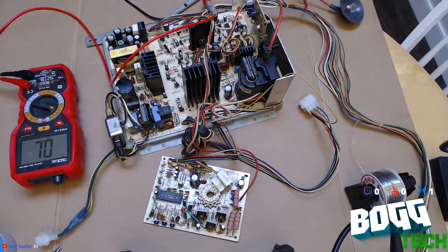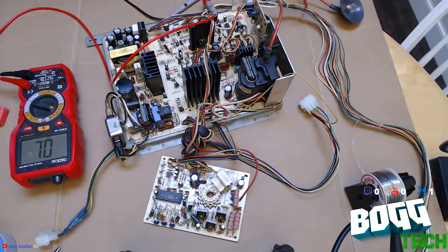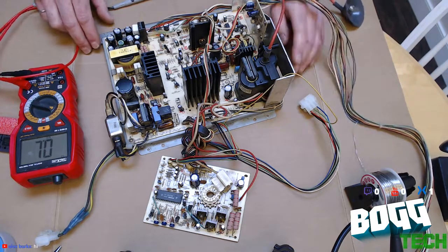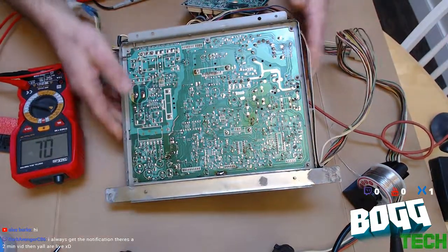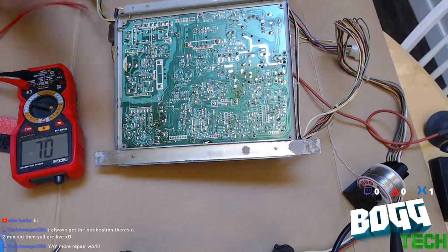Okay, so we have here an arcade chassis. Oh, hi, Alex Burks. How are you today, bud? We're doing repair work, and I think we might have a bad transistor. I'm going to gently flip this over, and I'm going to test the resistance of the transistor. And we're looking at actually this one right here. And it should...